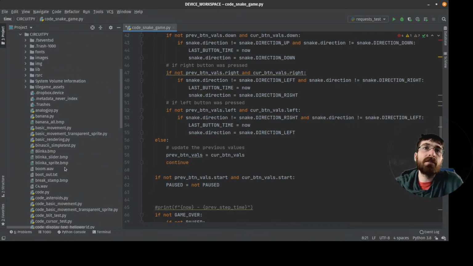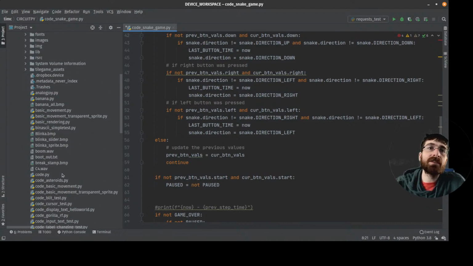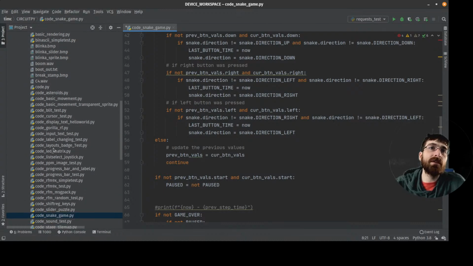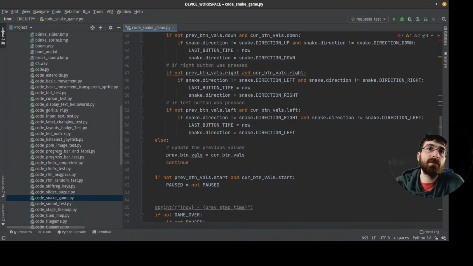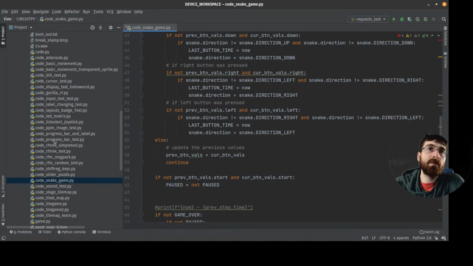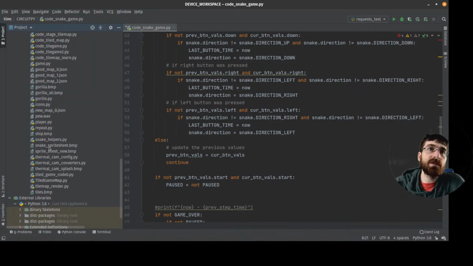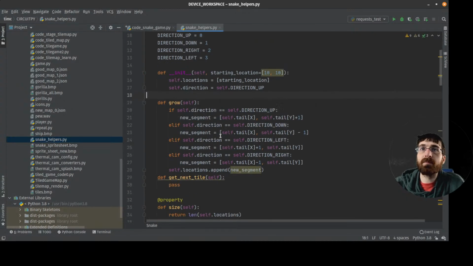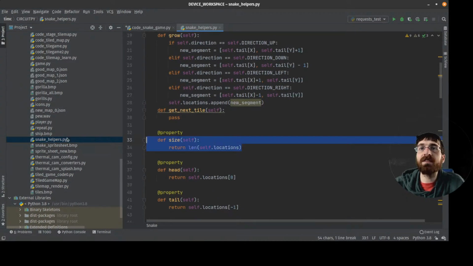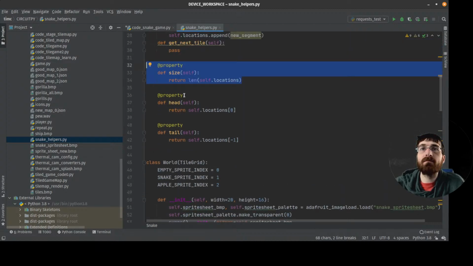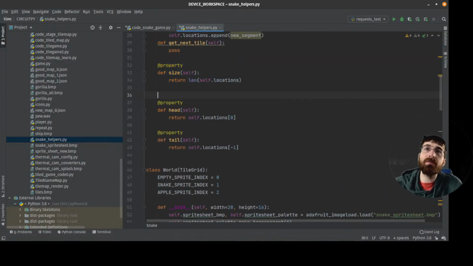Can I get the length? Did I implement length on Snake? I should do that if not. I need to practice using the Dunder stuff. You can do so much cool stuff with those. I have only scratched the surface of understanding all of it, but I should make a point to always implement the ones that make sense. Where is, we want Snake helpers. Oh, I have size. Really though, the more Pythonic way would actually be length, I think, right?